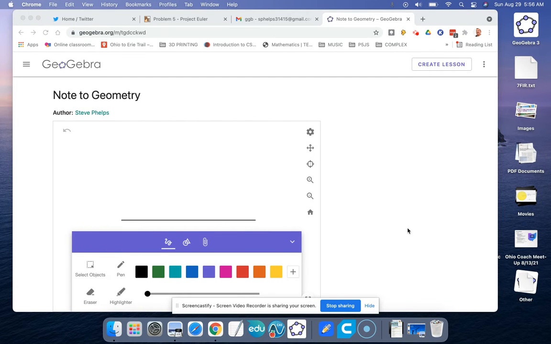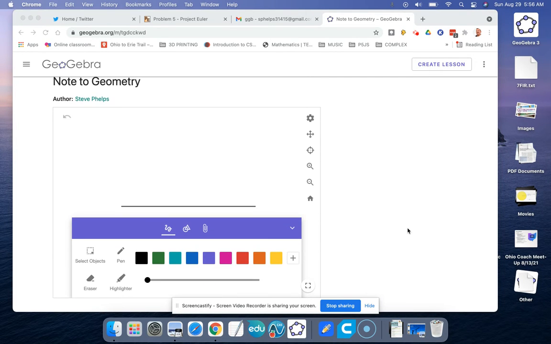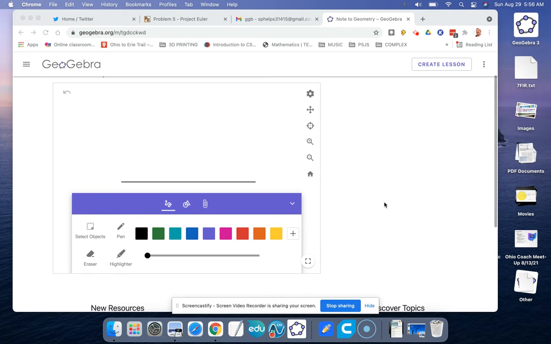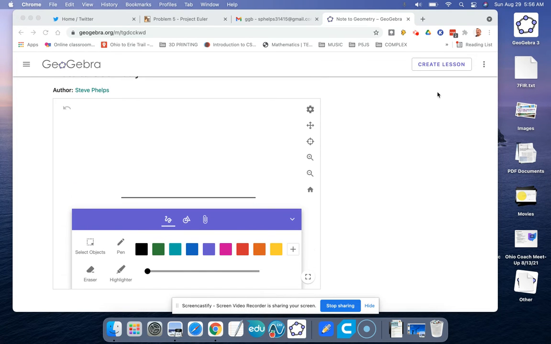Okay, Carla. So you asked about switching a note or turning a note into an app. And I think here's a workaround. Instead of adding something at the bottom and trying to move it up the page, I'm going to edit this activity,